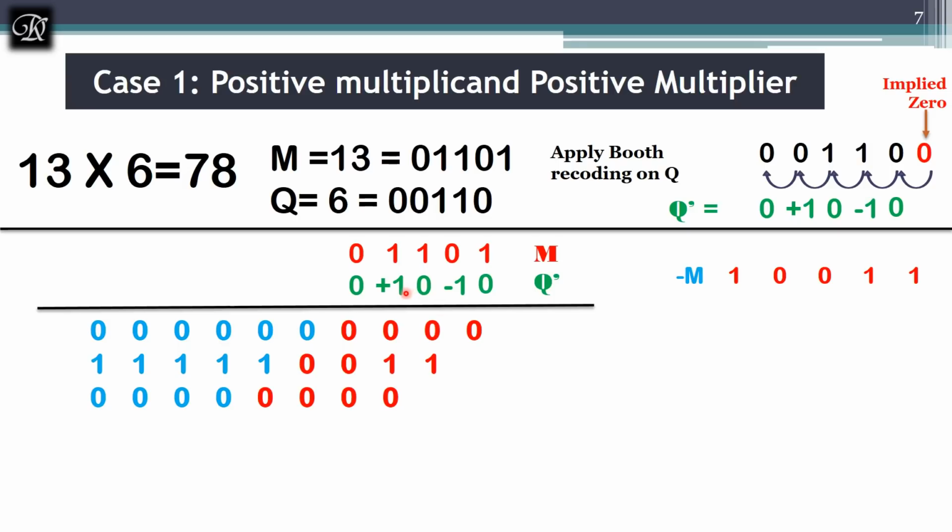Next, positive 1. Now m multiplied with positive 1 is nothing but a positive m only. So I'll be getting 0, 1, 1, 0, 1 in the next partial product over here. And you can notice the sign bit of this is 0, so because of that, this remains 0. But in the earlier case, the sign bit was 1, so that's why it was extended with 1. Here that is not the case. I am having a positive m, that's why I am going to get zeros over here. And this is the sign bit. These two are extensions of the same. Next, I am having 0, so I'll get 0.